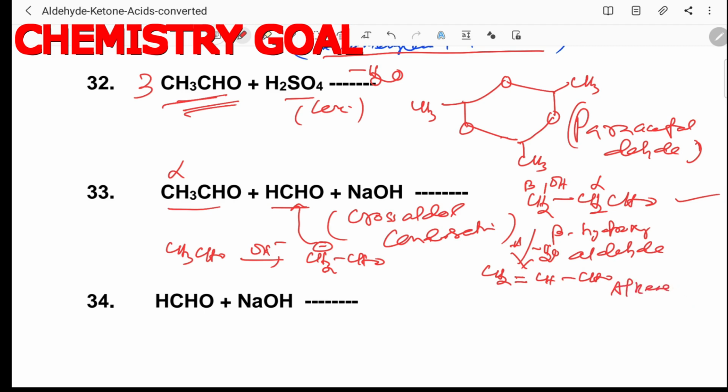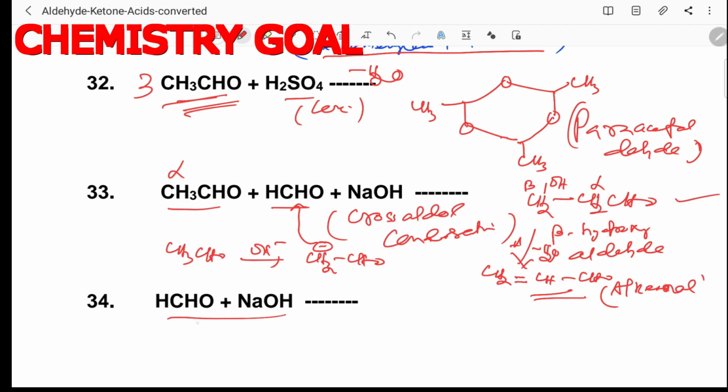Alkene with aldehyde group, it is also called acrylaldehyde, CH2 double bond CH and CHO. So alkenal is formed. Alkene and al both are there. This is called alkenal, because alkene and aldehyde are there, and this is the side product. When the mixture of this compound during cross aldol condensation is heated, the result is alkenal.